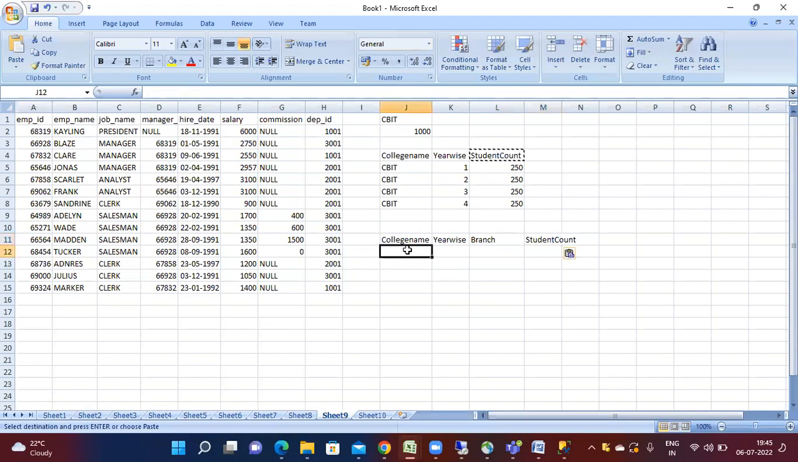See, let's say the college has year 1 with branches ECE, EEE, CSE, IT, mechanical, civil. These many branches were there in the first year for CBIT. So what will happen is,